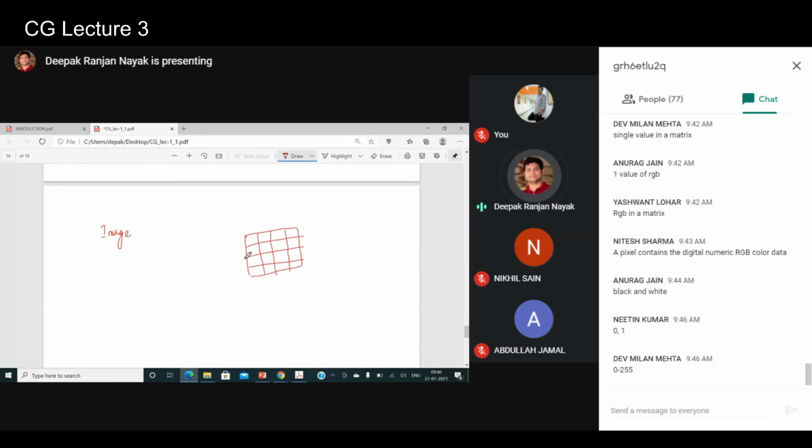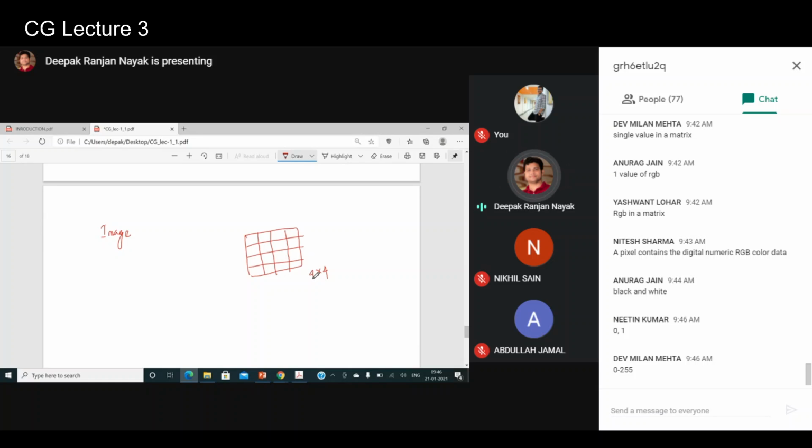Each element is called a pixel, and each pixel has some coordinates and some intensity value as well. Maybe this is an image of size 4 cross 4, meaning 4 rows and 4 columns, the width and height we can say.